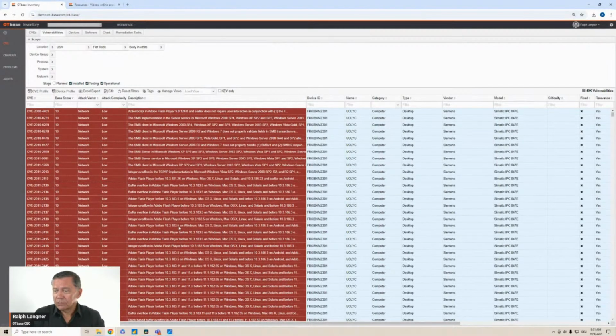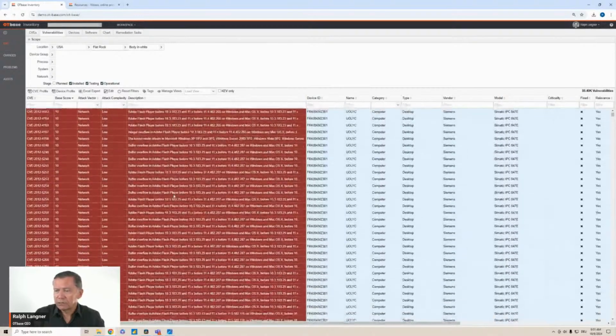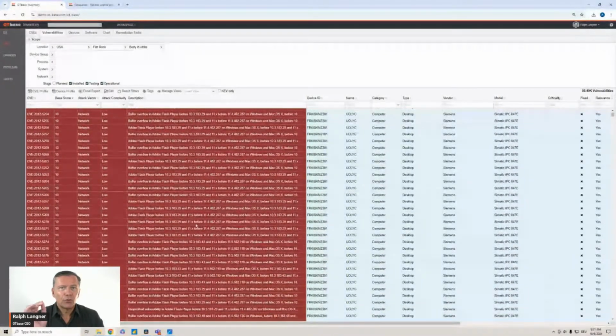And again, just look at the descriptions: Adobe Flash, Adobe Flash, Adobe Flash. So my point is, friends, if you actually check out these various views into your attack surface, you will quickly get the idea of where to start. You will identify low-hanging fruits that will make a difference. And that is only possible if you have that